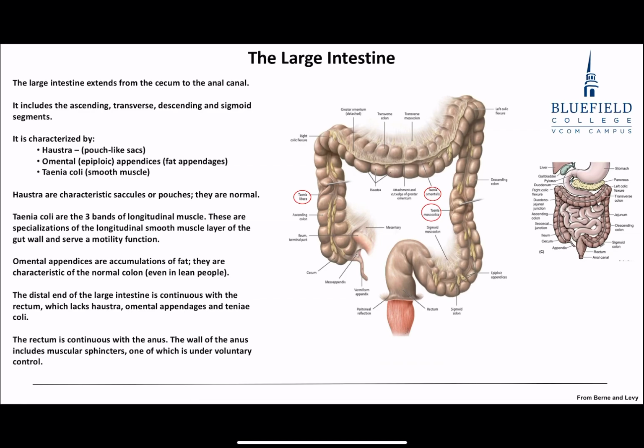It gets a little more solid, and then it can be stored in this more distal region, but also in the rectum. The rectum is really just a site for storage, and then during bowel movement, there's going to be a relaxation of sphincters down around in the wall of the anus, and